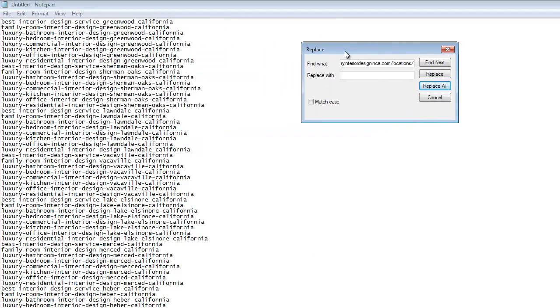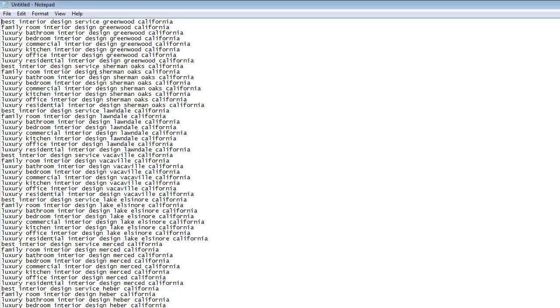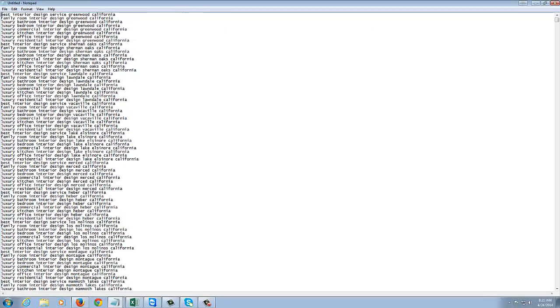The next thing I'm going to do is now I have this line of text here, but I don't want the dashes in the middle. So what I'm going to do is I'm going to go right back in here to find and replace. I'm going to put a dash in, and I'm going to replace it with a space. Replace all, and as you'll notice here, now I have a full list